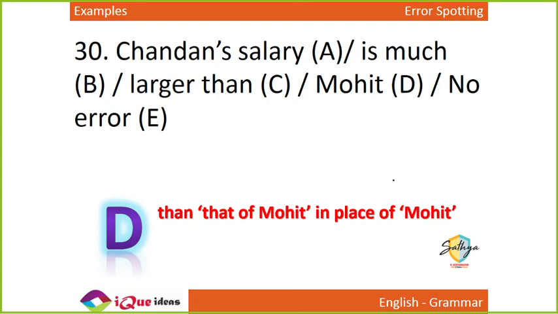Shubhankar. Right? Okay. Namra, did you get it? Larger than: 5,000 is larger than 4,900. 50 lakhs is much larger than 500. Okay. Mayuk, if Mohit's is written, then that's fair enough. You can omit the word salary after the apostrophe. Chandan's salary is much larger than Mohit's. That is fair enough. That is correct. Right? You can simply say larger than Mohit's. That's fair enough.